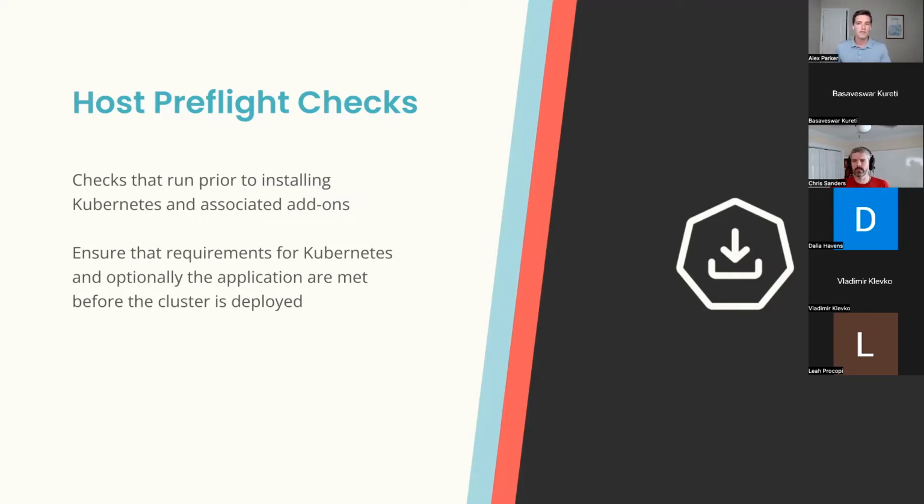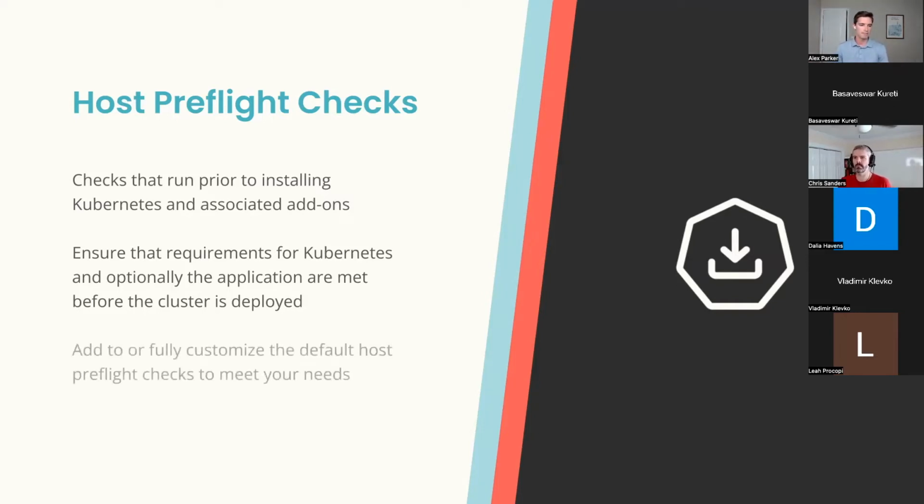And optionally, you can front load some of your application requirements and put them into pre-flight checks as well. So if you know, for instance, that your application needs 10 gigabytes of memory, and the Kubernetes cluster might only need 4, instead of waiting until the cluster is deployed, and then later with application pre-flight saying, oh, your machine doesn't have enough memory, you can front load that requirement, put it in a host pre-flight check to give your customers faster feedback to know, okay, I'm going to need 10 gigabytes. So if this machine isn't big enough, I can resize it, go get a new one,